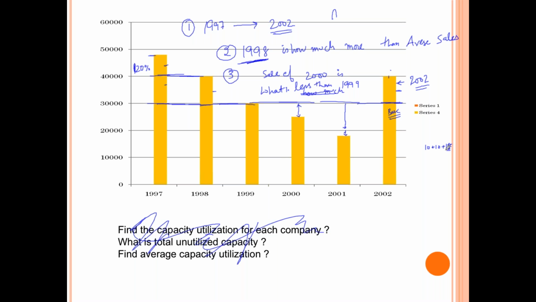So this is what we are lacking. 18 goes out, so this is 20 divided by 6. So 20 divided by 6 is extra with us. So it is about 3,000 more than the 30,000 we have here. So 30,000 plus 3,000, right? My answer would be that 33,000 is my average. And we are asked how much more than the average sale 1998 is. So 1998 is 7,000 more than average. I hope you all got how I got the average.